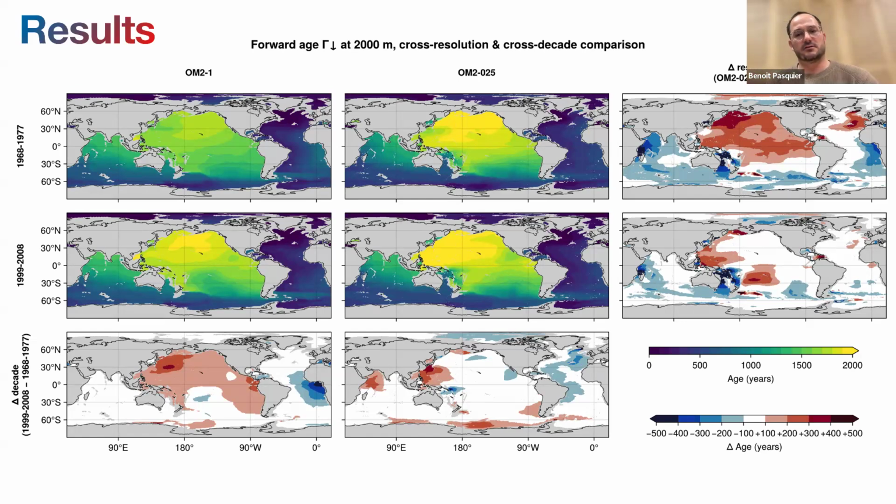There's not such a large increase for the other time window. So that means that increasing resolution has different effects at different periods of that time window. And so it's just important to note that it's not systematically going to increase the age in the North Pacific. It really depends on the forcing, the winds, and the state of the velocities